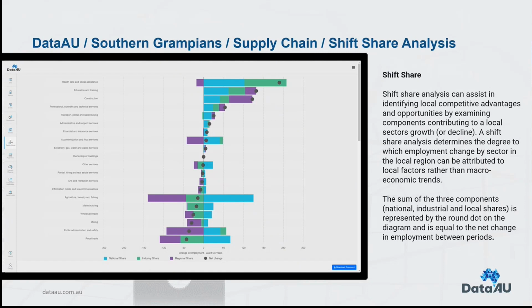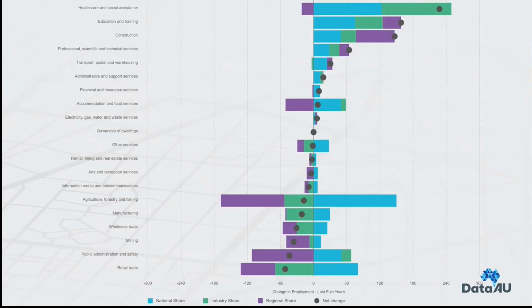Here's a shift share analysis. This assists in identifying local competitive advantages and opportunities. It examines components contributing to local sectors' growth or decline as well. And what we're looking at here, if you just look at the grey dots, you can actually see the net